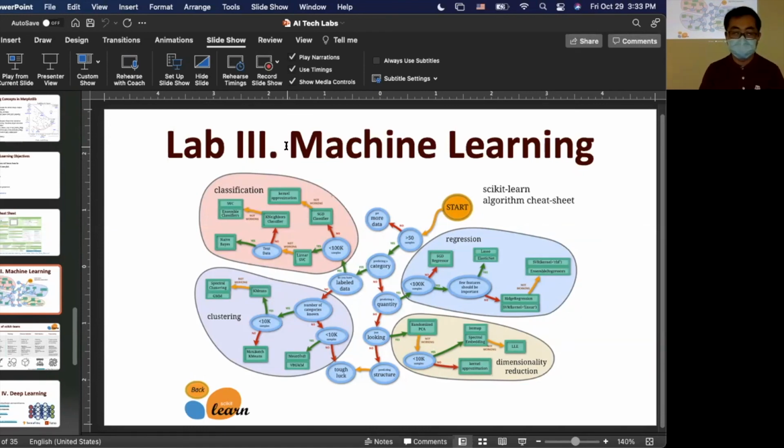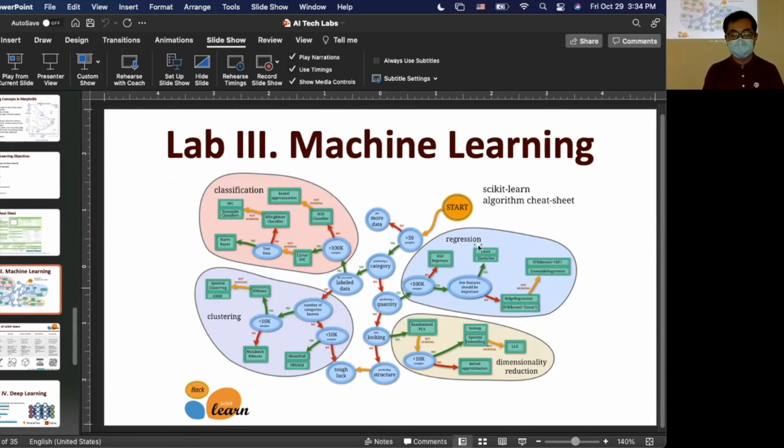In machine learning we have different problems, different tasks. You can see on this figure we can have four different islands, if you want to call them islands: a classification problem, regression, clustering, and dimensionality reduction. These are the common problems in machine learning.